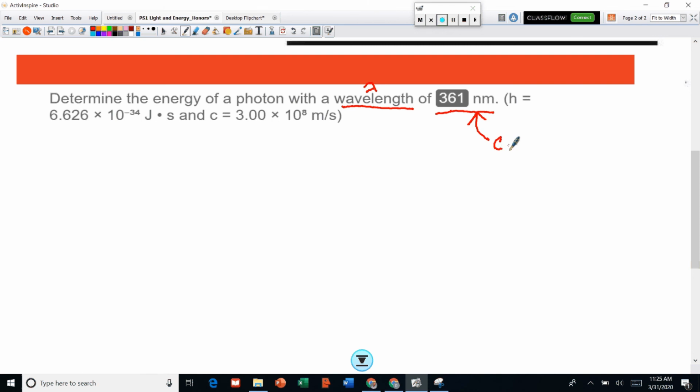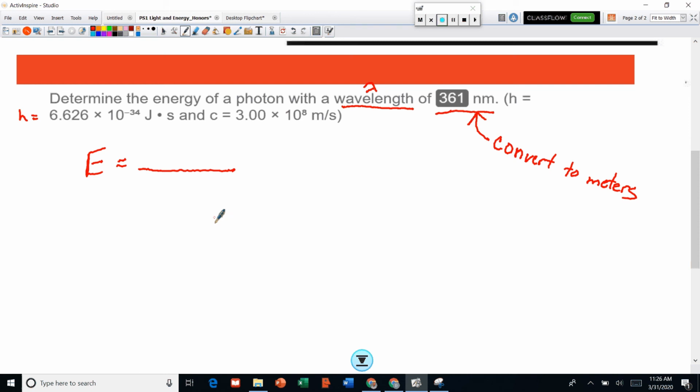So first thing you have to do is convert to meters. And then it gives you Planck's constant, and it gives you the speed of light. So in order to solve this problem, we are solving for energy,